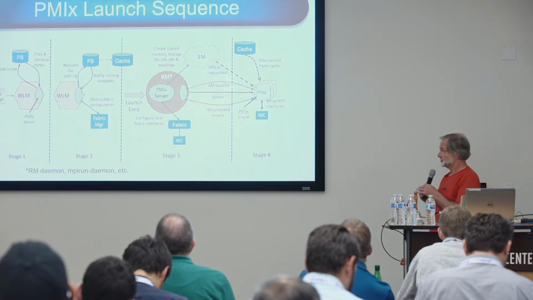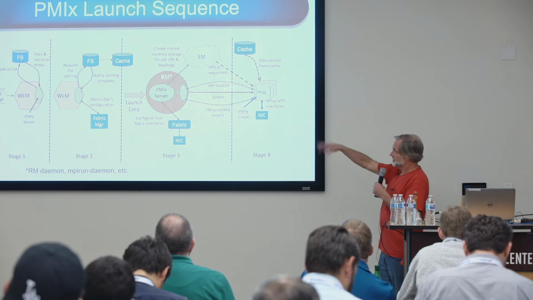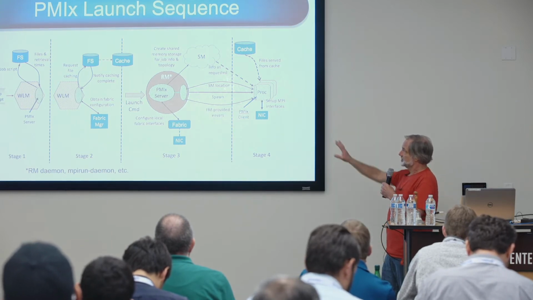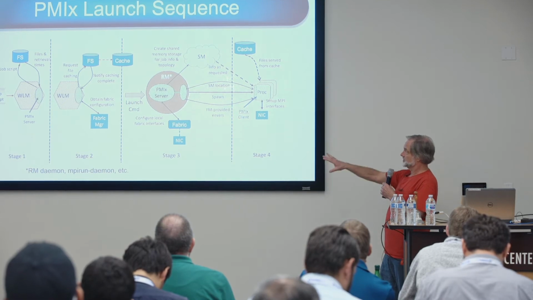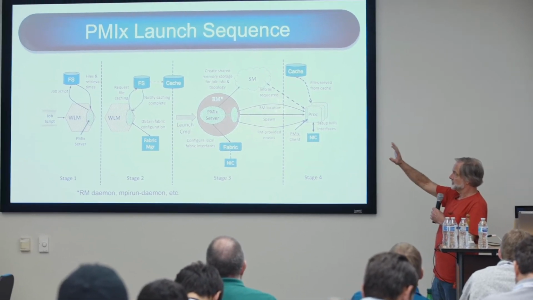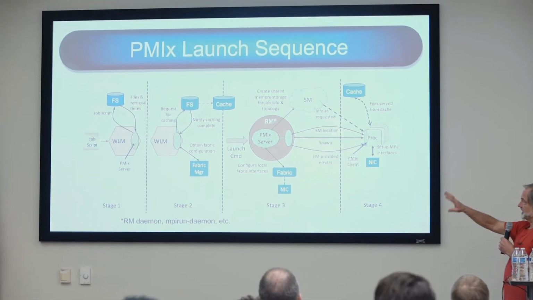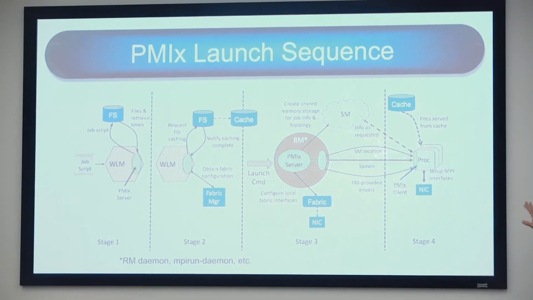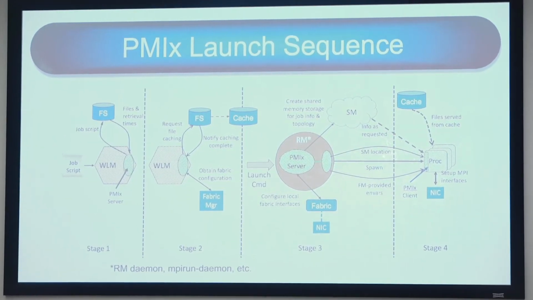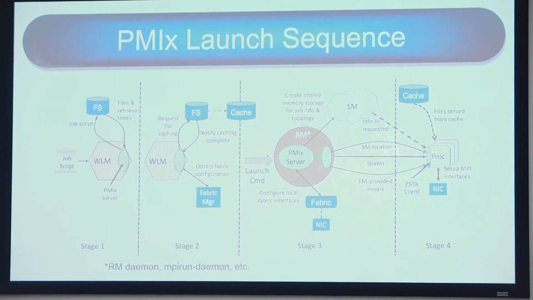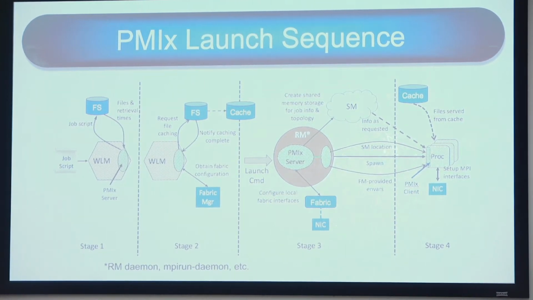It did involve a bunch of orchestration, so I'm not going to walk you through all of this launch procedure. It's fairly complex. But the main point is that you are integrating. There are things the scheduler needs to talk to the file system about, and things it needs to ask the fabric about. And if it can do that, and it can pre-cache things and tell the file system where it's going to be putting nodes and so on, that's how this whole thing gets down to only a few seconds to launch a gigantic job.